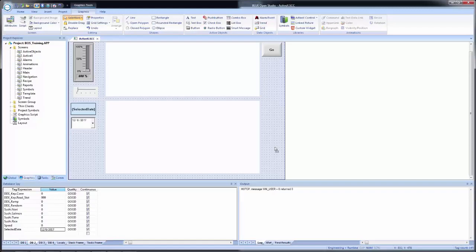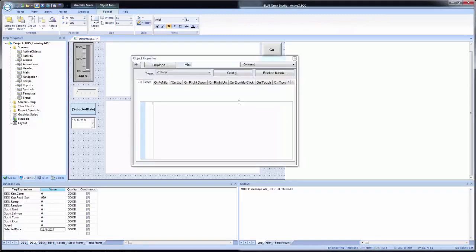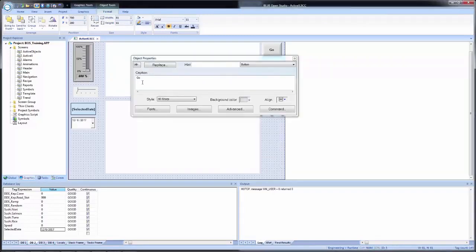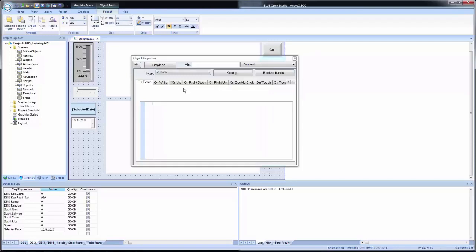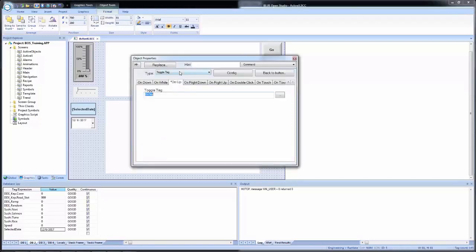So what I am going to do is copy my go button, and I'm going to come into the properties, and first go back and change the caption from go to web site. And then I'll go back to command, and back on the on up, I'll change the type from toggle tag to VB script, and I will type in